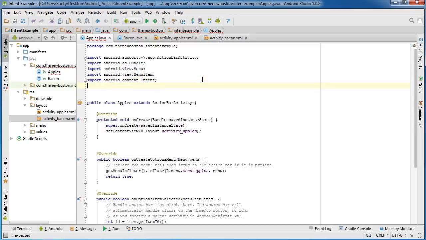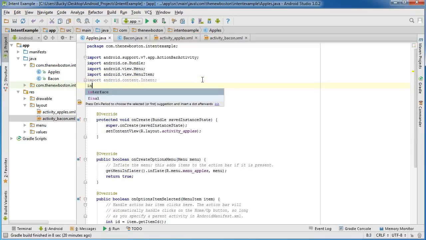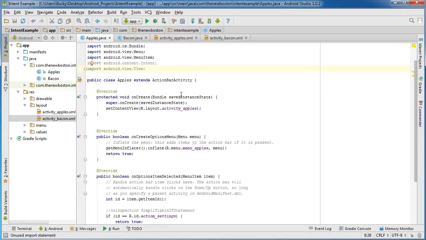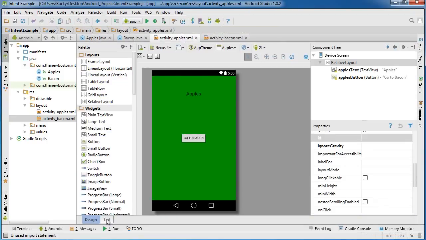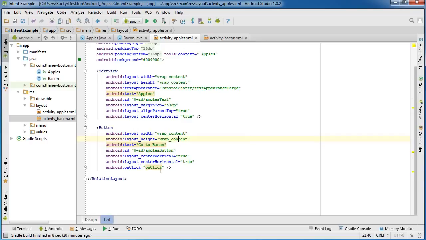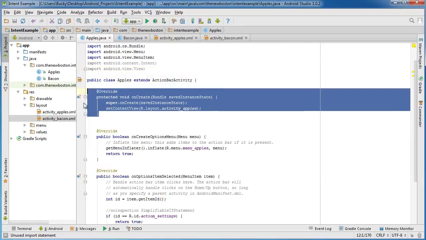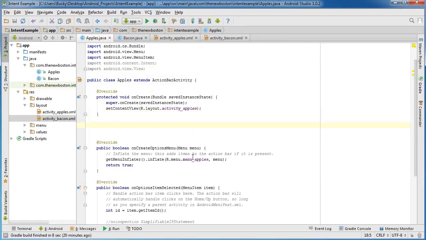Content.intent, and that's so you can actually use intents. And of course, import android.view.View. Tighten this up a little bit, and of course, remember, since all we did is create this onClick attribute on the button in the XML file, we don't need to add any listener at all. We can just jump right down under onCreate and